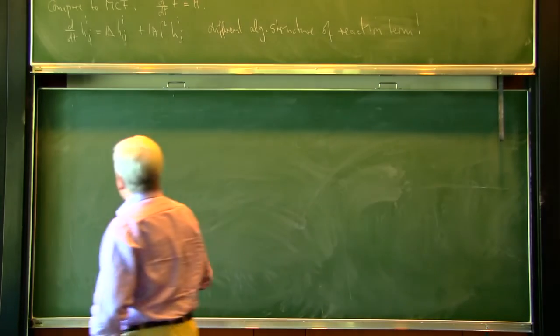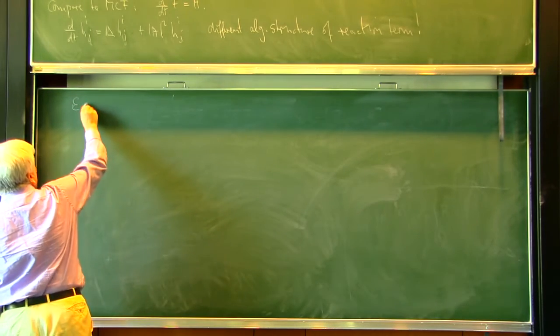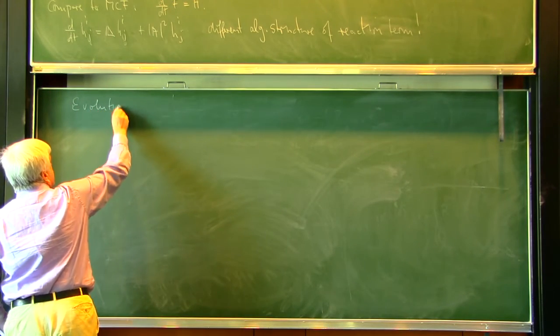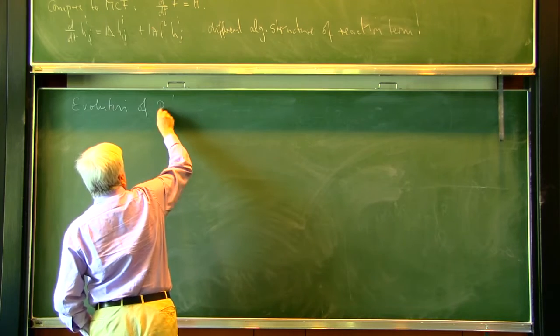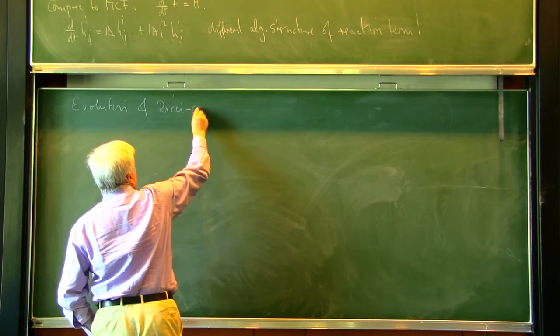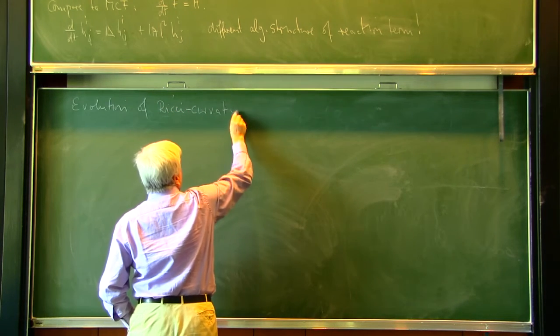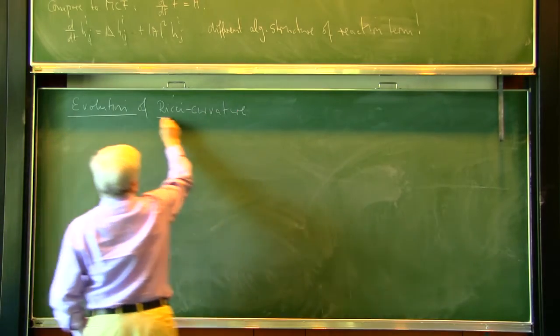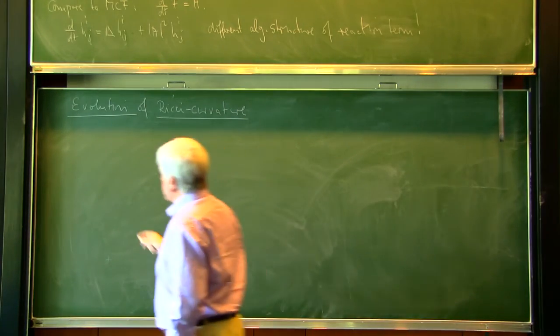Now for the evolution of Ricci curvature, we just take d/dt